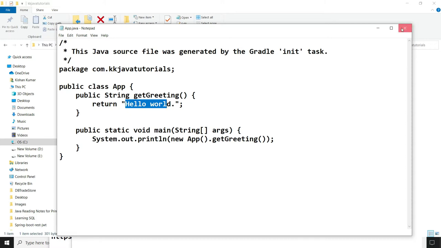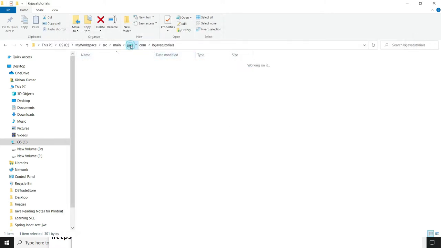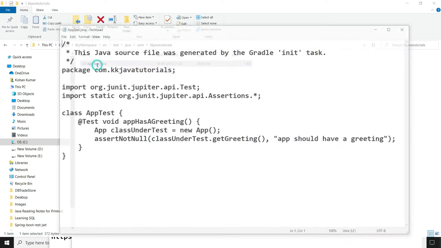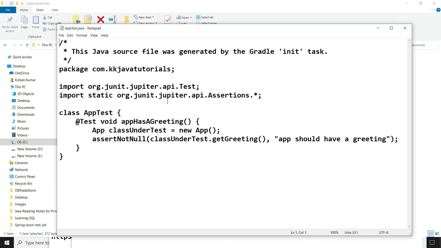And if you look into the resources folder, it is completely empty. There are no resources. Now again, if you go to src test Java, then a test class has been created for the same class which is in src main Java, right?